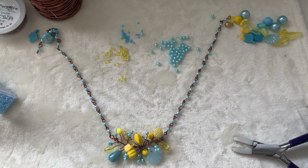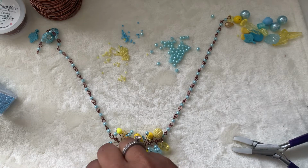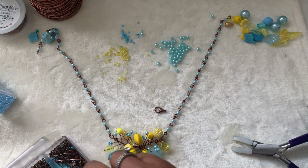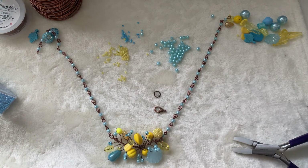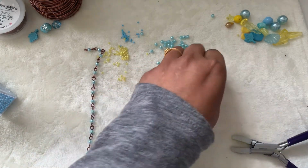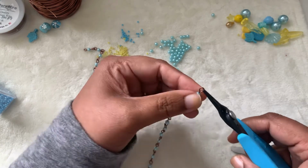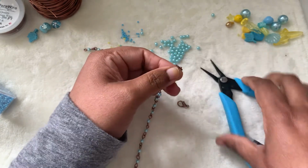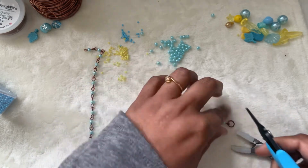You can add any clasp of your choice, lobster claw or toggle clasp, any clasp for that matter. So I am going to add a lobster claw clasp and a jump ring. I have this decorated jump ring which is closed, just a twisted jump ring, and the wire is nice to look at. So I'm just going to use that. All I'm going to do is, it's very easy to open this loop and just add the closed jump, the lobster claw clasp. I think I'll do the jump ring this side and close it,